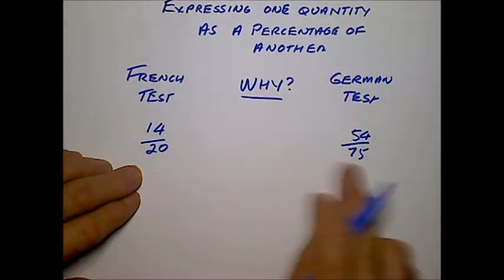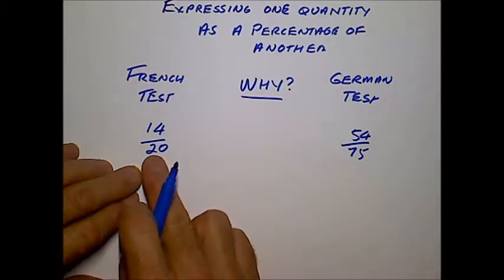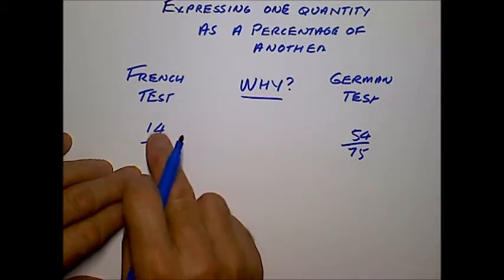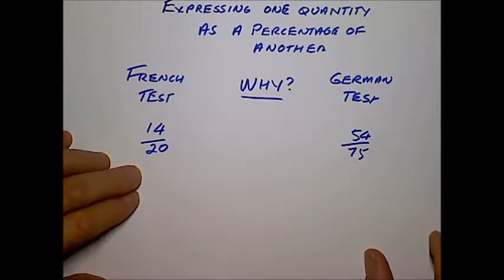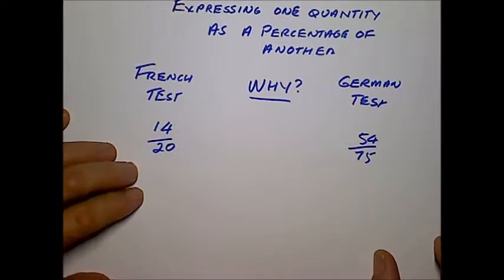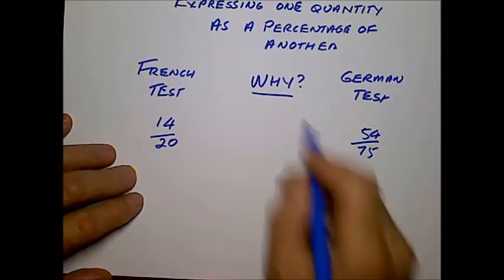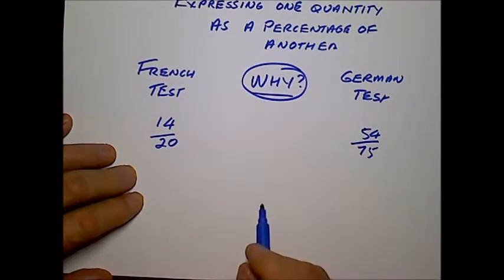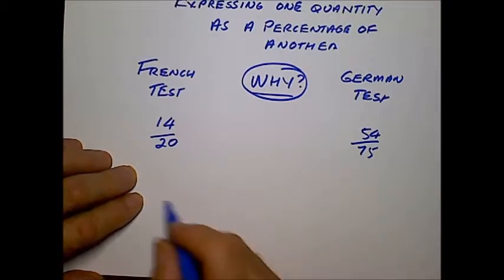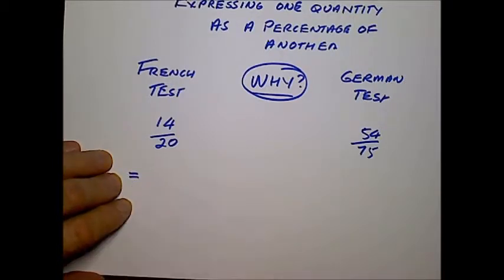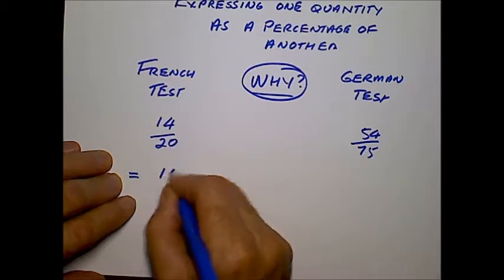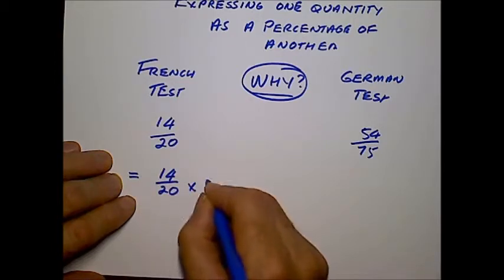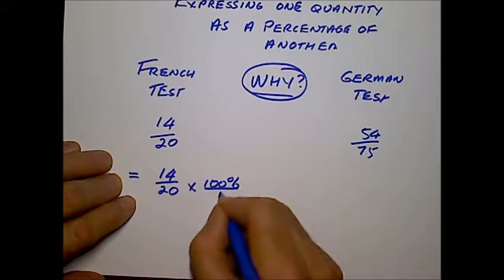Now we look at those two results and we can't compare them directly because when expressed as fractions, they have different denominators. So we know that if we want to compare two fractions, the only way we can do that is to make sure they have a common denominator. Well, why not choose a denominator of 100? And so when we're finding the percentage we convert that to a percentage, 14 over 20 times 100% over 1